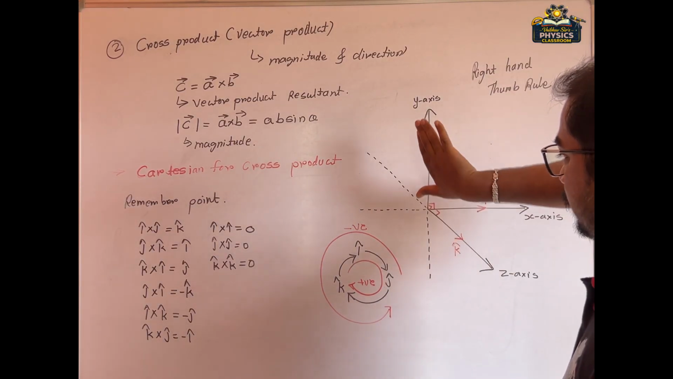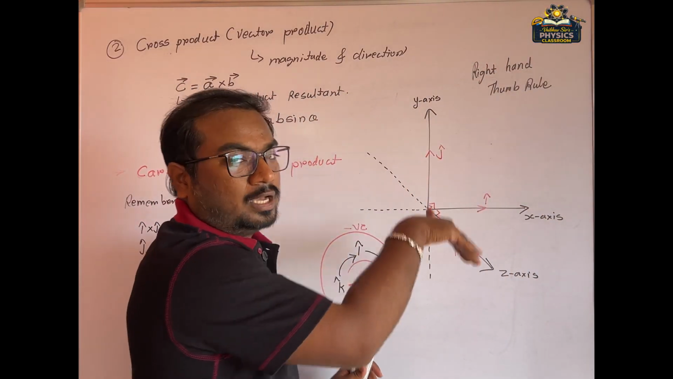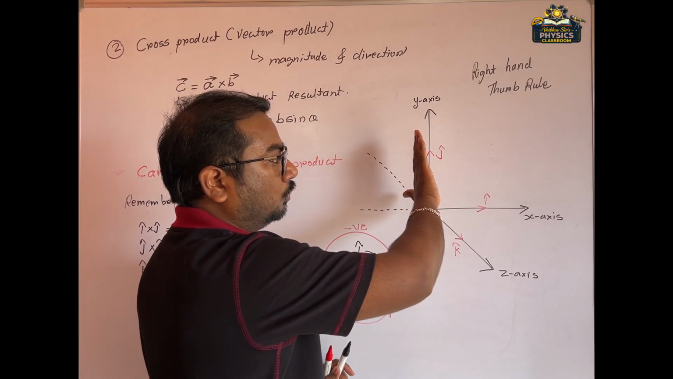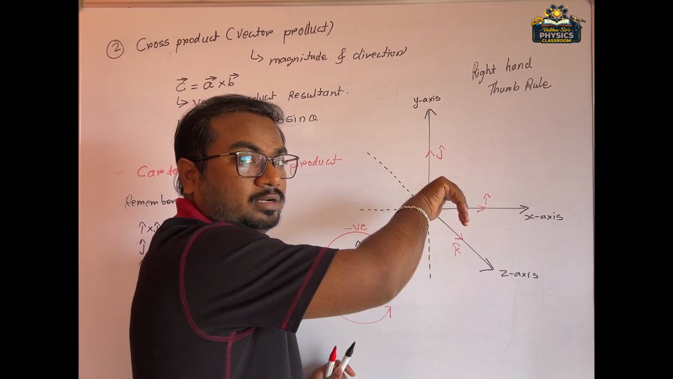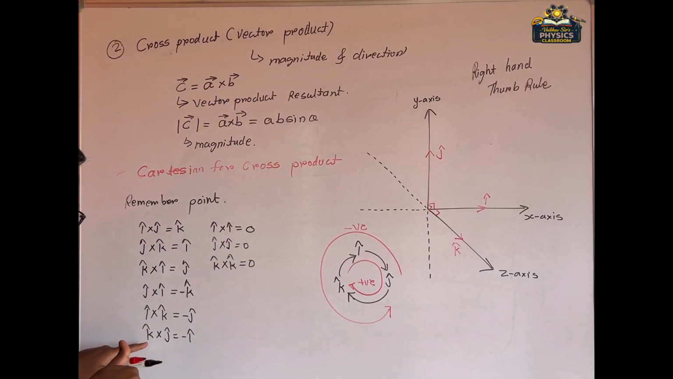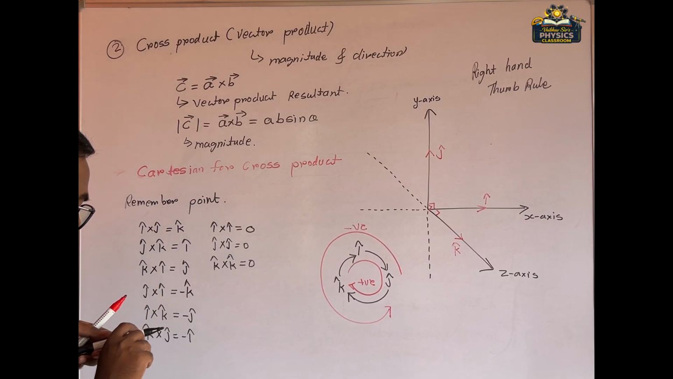If I am rotating for J cross I, we have to rotate from J to I. J cross I cap, we will get negative K cap. It's like that. J cross I cap, we will get negative K cap. Just like that, we have to do it. So with the help of this, we can